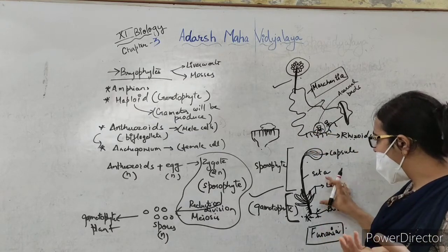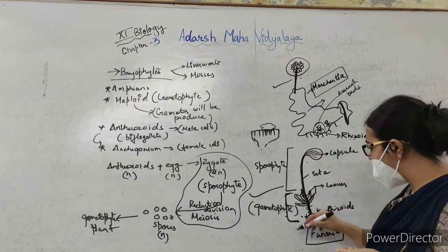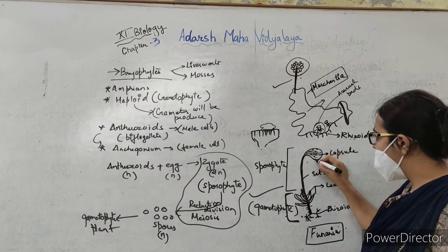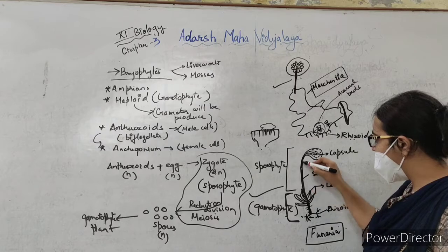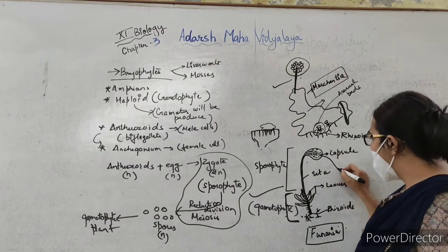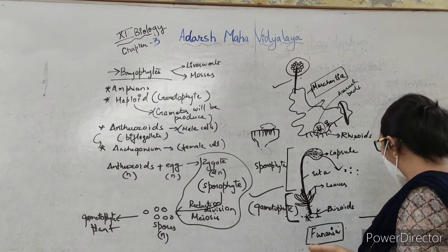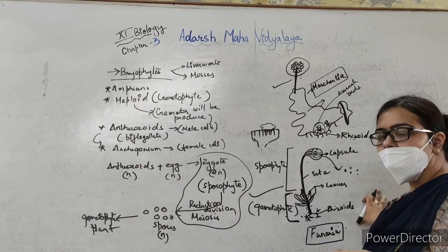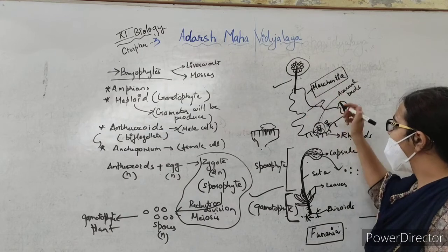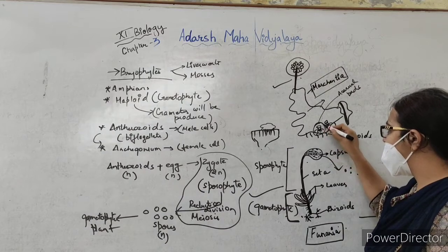Okay, now here in Funaria you can see both the stages. This is the sporophytic stage, this is the gametophytic stage, and first the zygote will be produced, then from the zygote the sporophyte will come, the spores will be produced by meiosis, and then they will be shed, and after germination on the ground they will form the gametophytic stage. That is the gametophyte, the main plant body. So in liverworts you will see gemma cups, which will help in asexual reproduction.